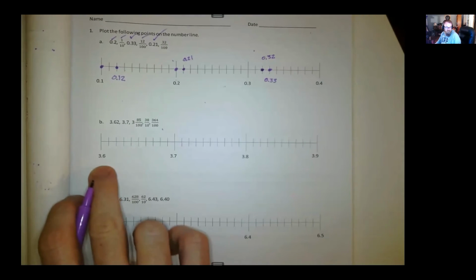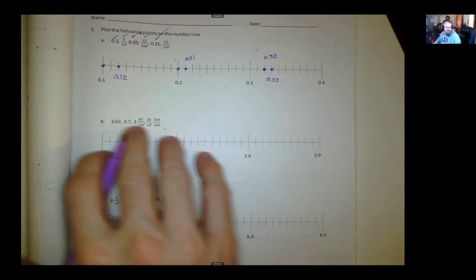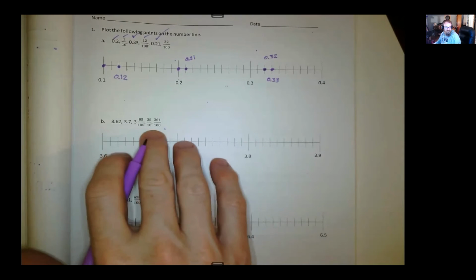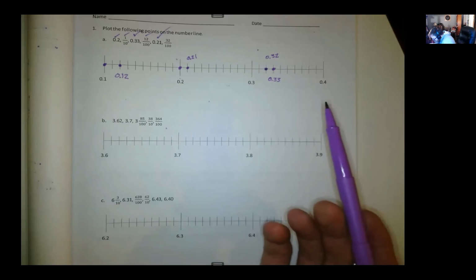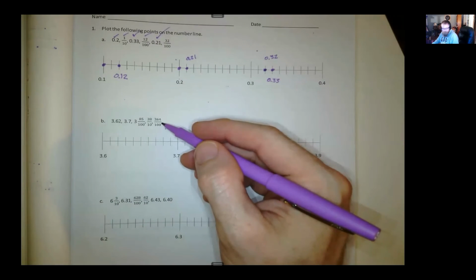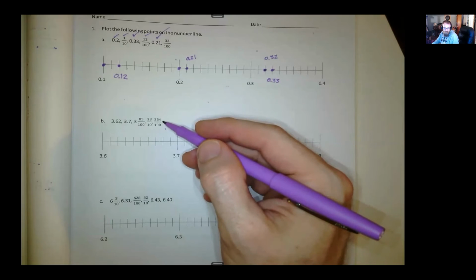B and C get a little tricky because you see fractions and mixed numbers that have a value that is more than 1. All these values here in part A are less than 1, but now we have values that are more than 1. Here's a mixed number. In fact, they're all worth in between 3 and 6/10 and 3 and 9/10. They all have to fall somewhere on this number line. And remember that for a number like